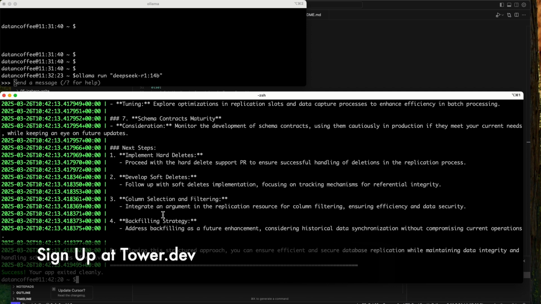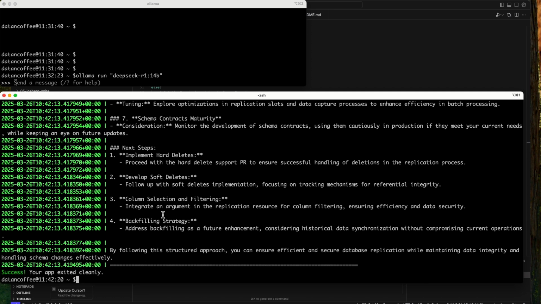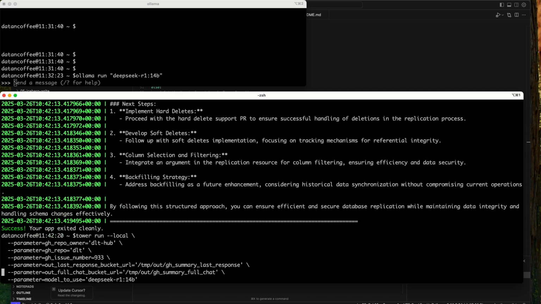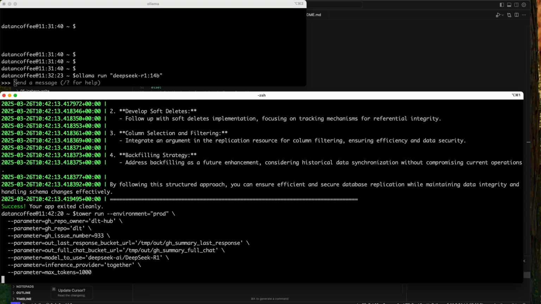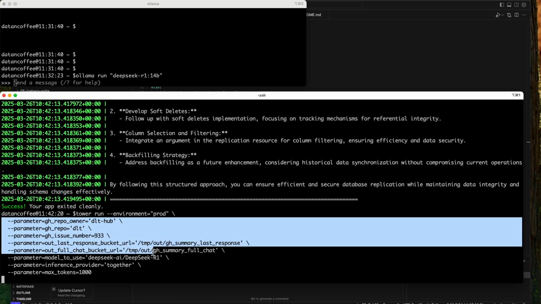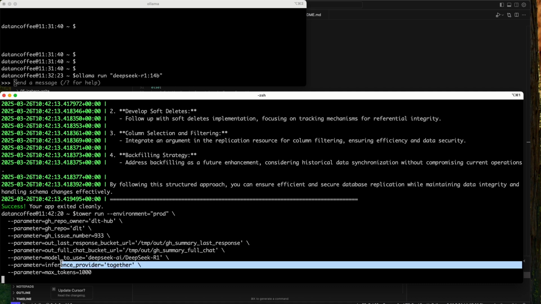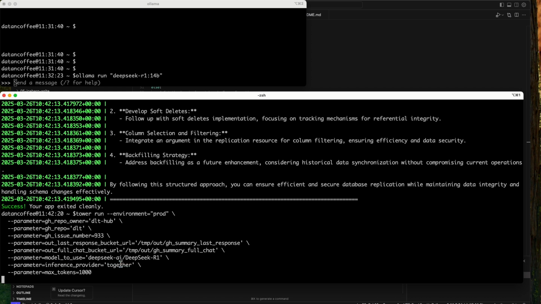How about running this application in production, where I'm not running locally anymore, where I'm running in the Tower Cloud, and I'm using serverless inference. So for this, I'm going to call Tower again and have a small change in the parameters. Specifically, I'm going to specify the environment being the production environment or prod. The parameters will remain largely the same, except that I will specify one extra parameter, the inference provider equals Together,